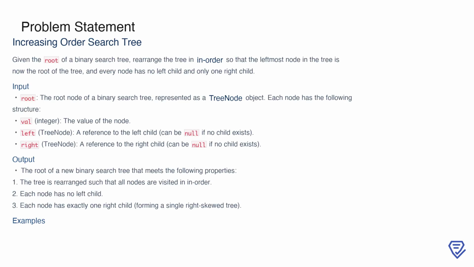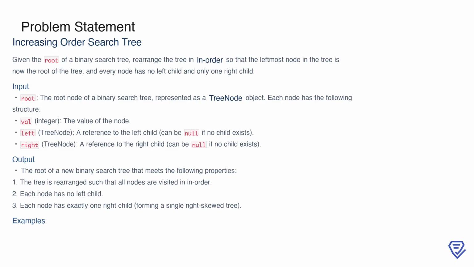In this problem, we are given the root of a binary search tree, and the task is to rearrange the tree in order traversal so that the leftmost node becomes the root. Additionally, each node in the resulting tree should no longer have a left child and should only have one right child. Essentially, the output tree will be a right-skewed tree, where each node is connected to the next larger value